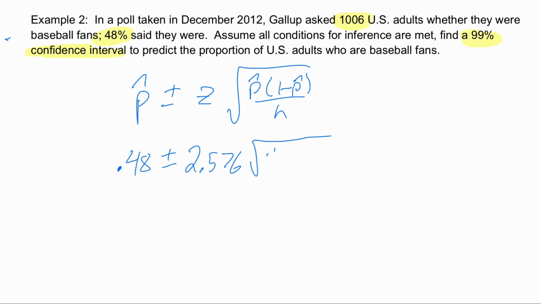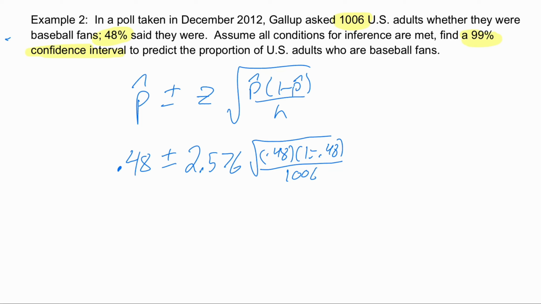And then we could fill in our standard error. So 0.48 times 1 minus 0.48 over the sample size 1,006. And as we type that confidence interval in, we're going to get a different interval. This one has a bigger z-score because we're trying to make sure that we're more sure. So we're going to say 0.48 minus, I like to do the minus first since this is the lower end of the interval,